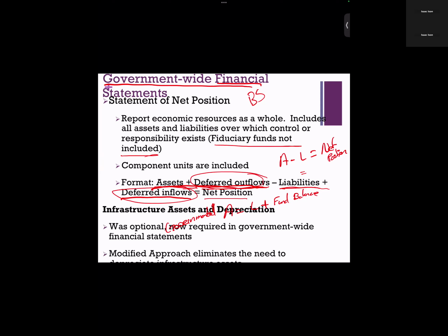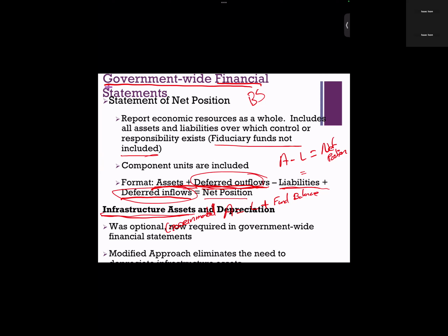Infrastructure assets and depreciation. The formatting is not good on this, but you'll be able to look through it, and I'll do a different slide. This really is more of an overview of financial reporting. All this is saying is, with infrastructure assets, think of the Golden Gate Bridge or some bridge across the Mississippi River or something like that.